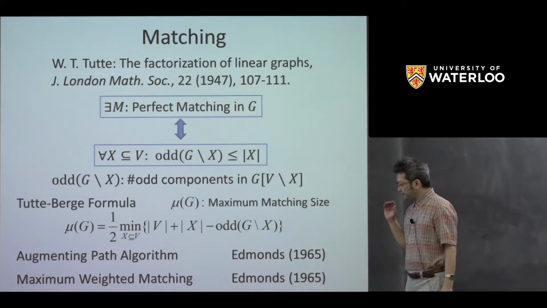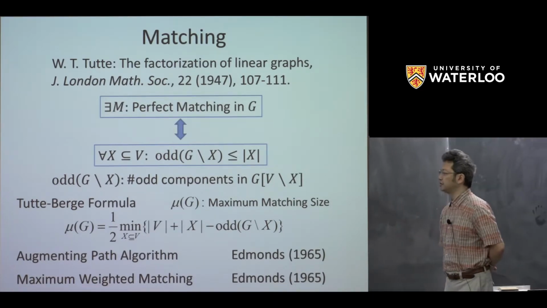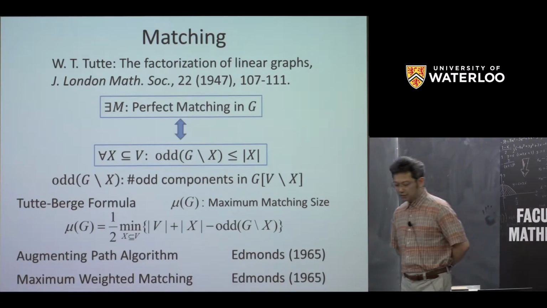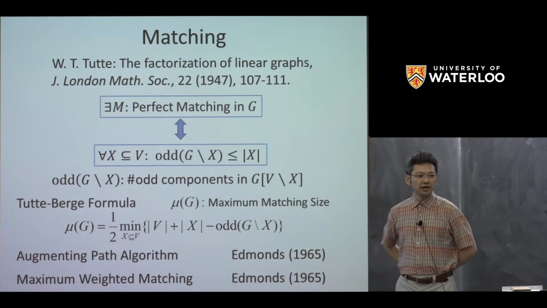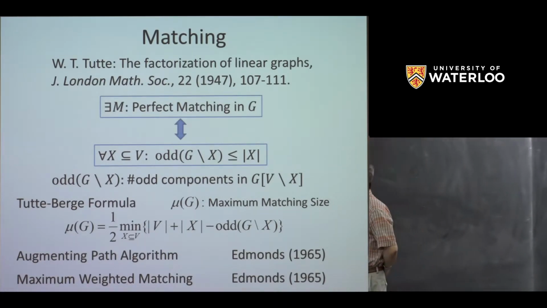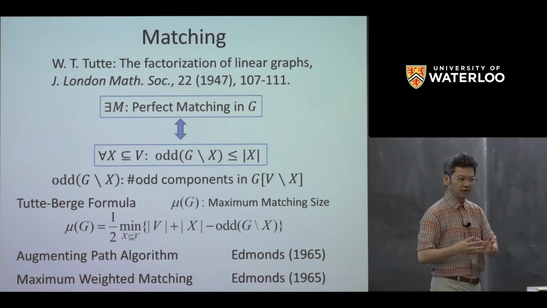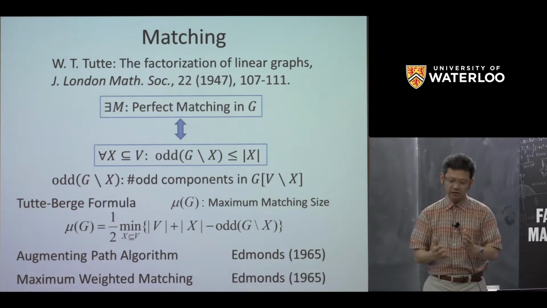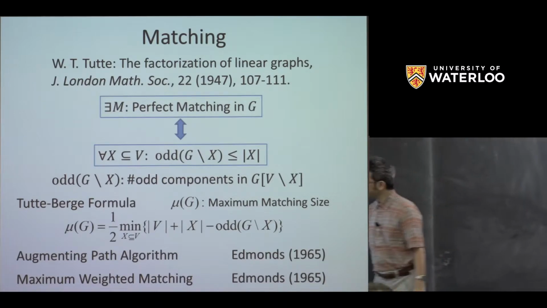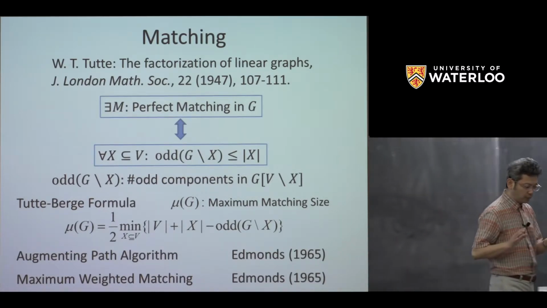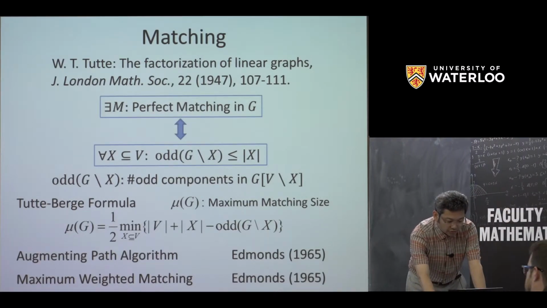And in another paper of Edmonds published in the same year, he also investigated the maximum weight matching problem, okay? And this paper actually introduces some polyhedral combinatorics, developing a beautiful algorithm based on polyhedral combinatorics, okay? Now, so this is a very beautiful world, and another beautiful world in combinatorial optimization is the so-called